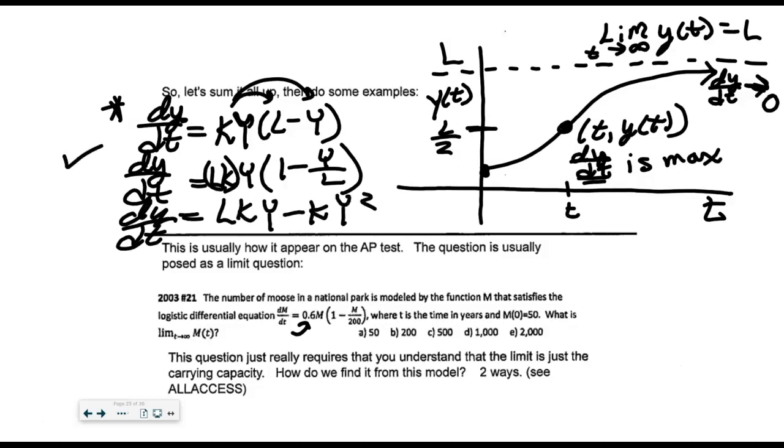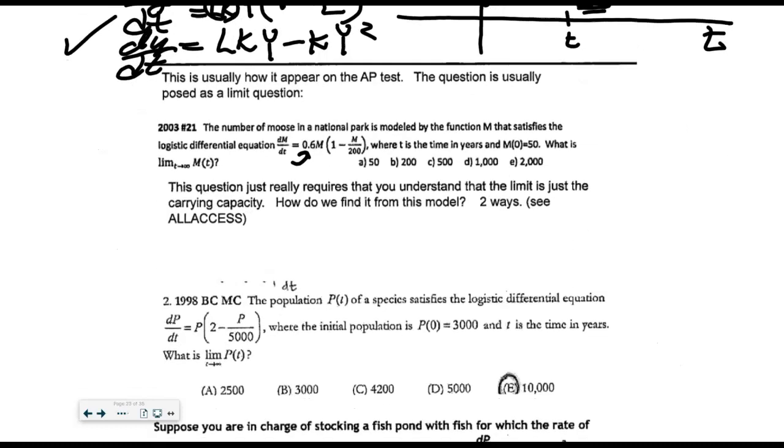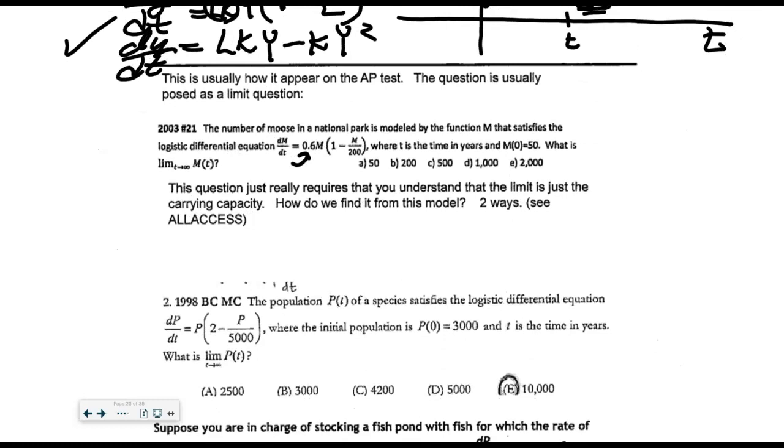These are all differential equations that model logistic growth. They're just in 3 different forms, right? So if Caden's like, I don't want to work with the 3 different forms, what's consistent for all of these forms is that this approaches 0, right? As y approaches the carrying capacity. So watch how you can do these in your head. I went through all of that, 33 minutes, so that if you understand the models, this is going to be